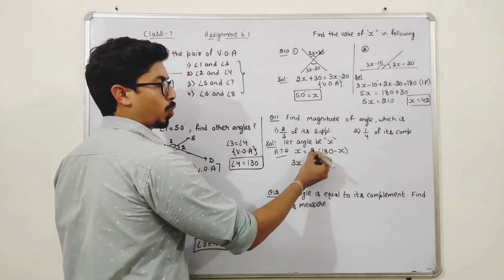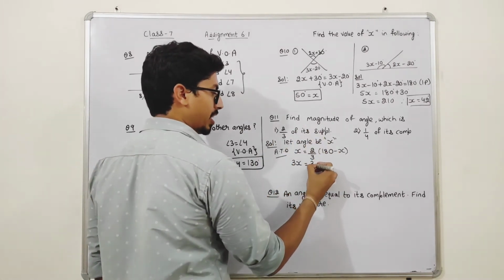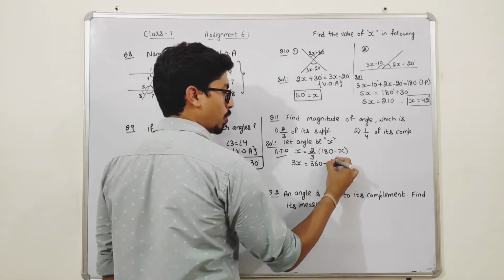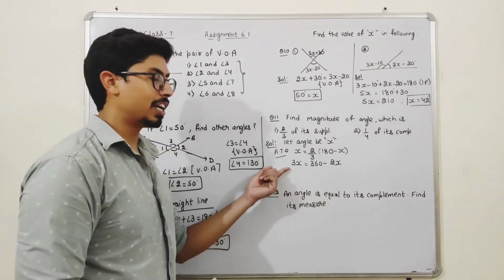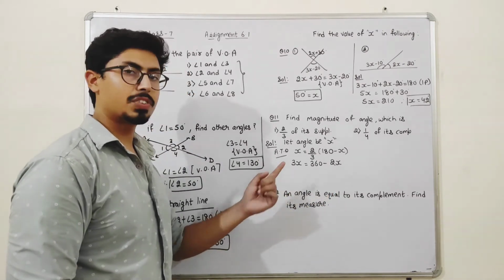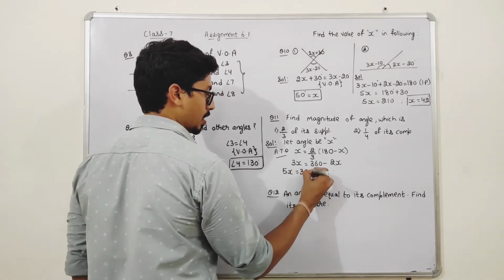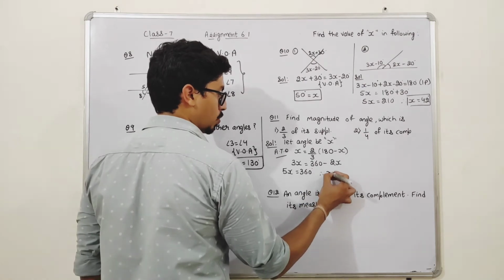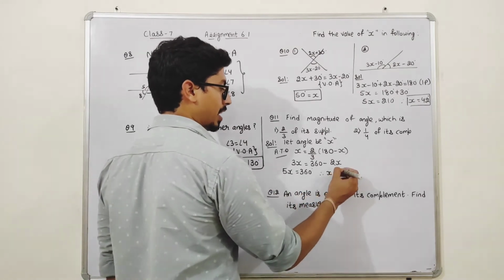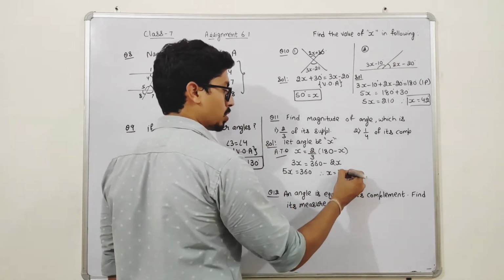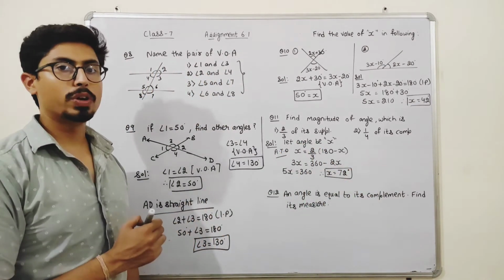Okay. 2, if I just multiply both the numbers, it will be 360 degree minus 2x. Okay. Now see, 2x is in subtraction. When it goes here, it will be in addition. 2x plus 3x will be 5x. So 5x is equal to 360 degree. Therefore, x is equal to 360 divided by 5. So 5 7s are 35. Remainder is 1. 5 2s are 10. So the answer is 72 degree. Okay.